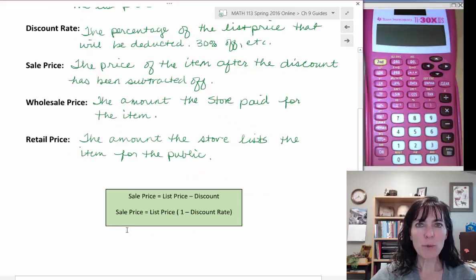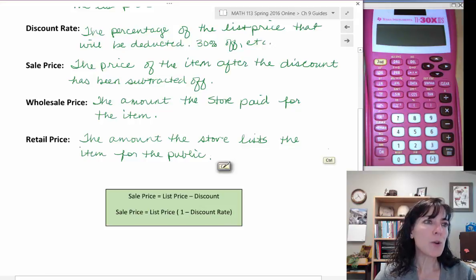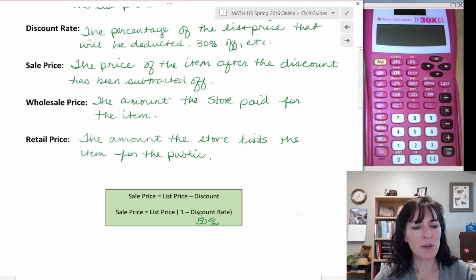Then we have a couple of formulas. The sale price is the list price minus the discount. And the sale price, we can also write it as the list price times 1 minus the discount rate. So if we know that we have, say, a 50% discount rate, we can think of, that would have to be,